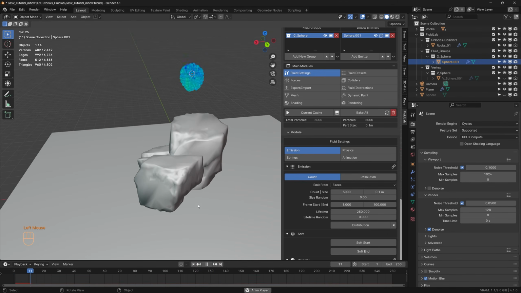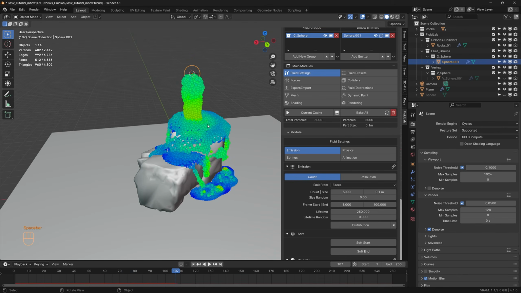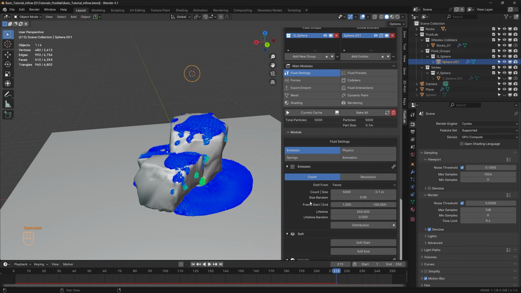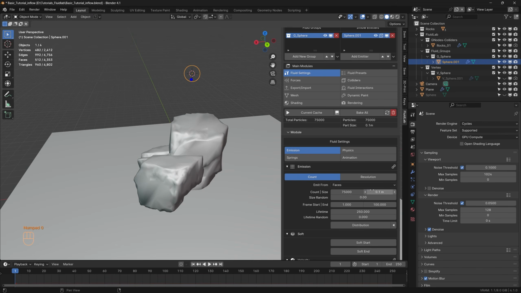Now because of the size of the particles, there is interaction between the particles, so the simulation is going to give a good result. So that's the relationship between the count and the size. The lower the count, the larger should be the size, and more the count, the smaller the size for a good simulation result. So let's change the count to something large, like 75,000, and let's reduce the particle size to something like 0.025,